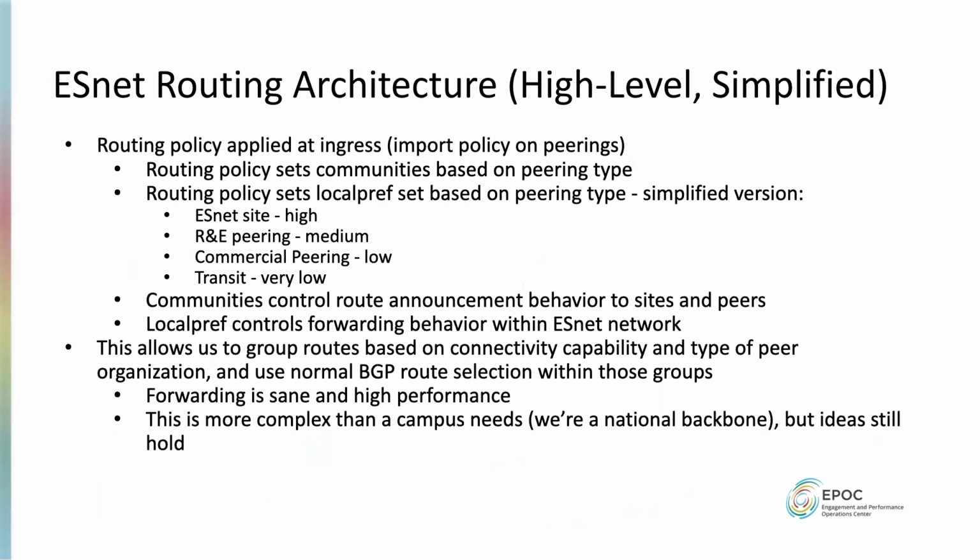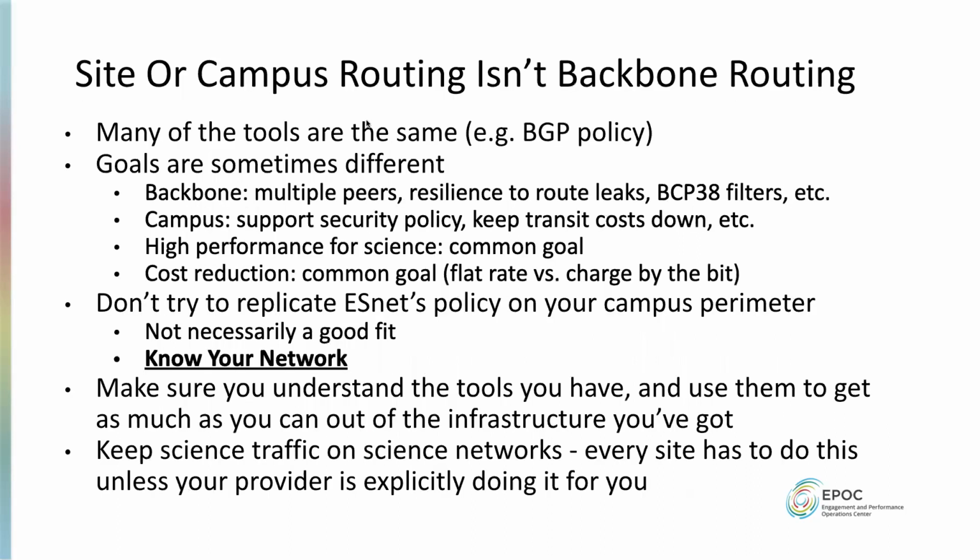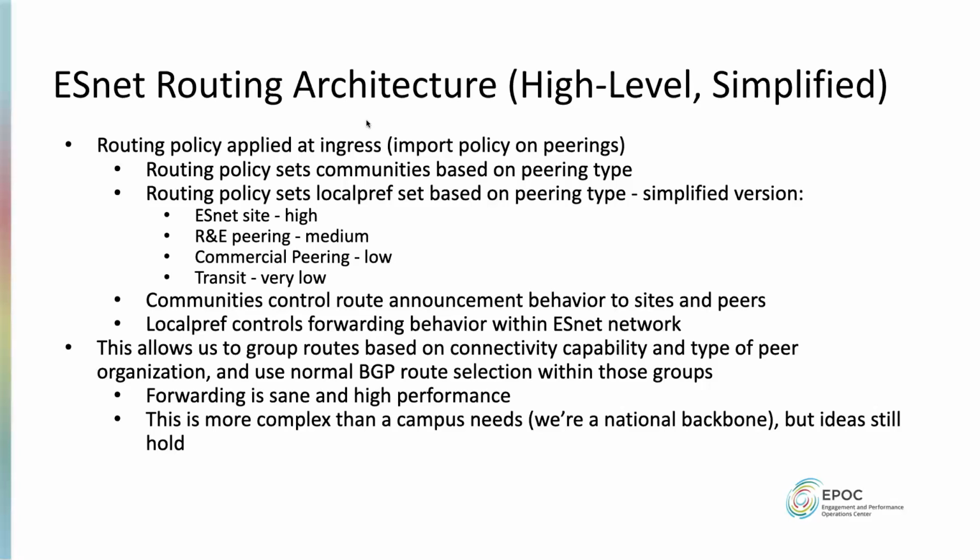We make extensive use of BGP's policy knobs to manage exactly this sort of thing. So we have a whole bunch of BGP communities, which are tags that you can assign to routes. We make an extensive set of decisions based on those community tags, and we have a set of local pref tranches for different classes of routes that govern their behavior inside the ESnet backbone. They also control who we announce them to, but that's another set of things that I'm not going to get